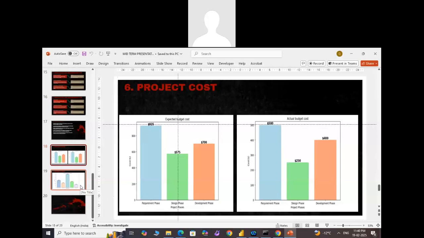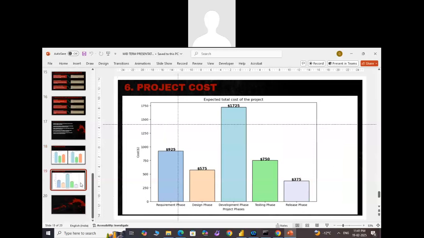On the next slide, we can see that our highest budget is taken by the development phase. The highest budget was taken by the development phase, which is $1,725.